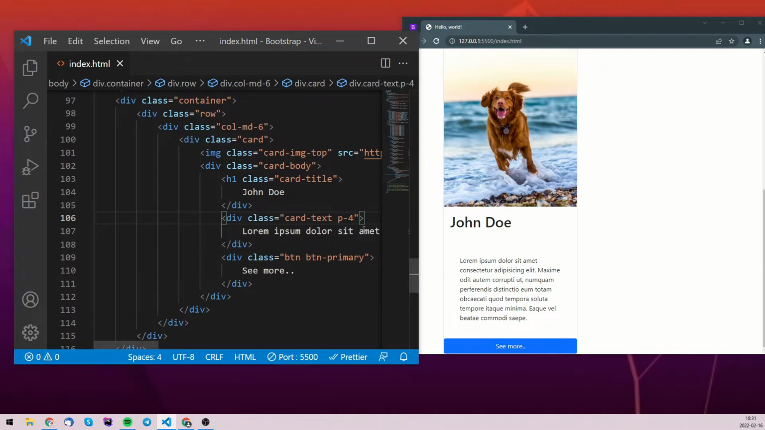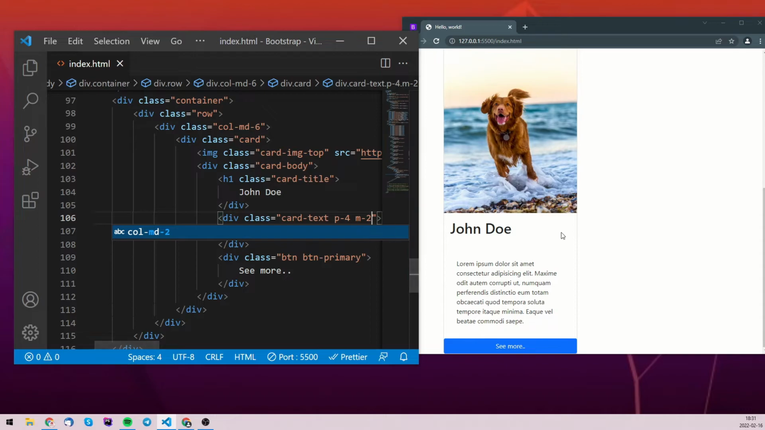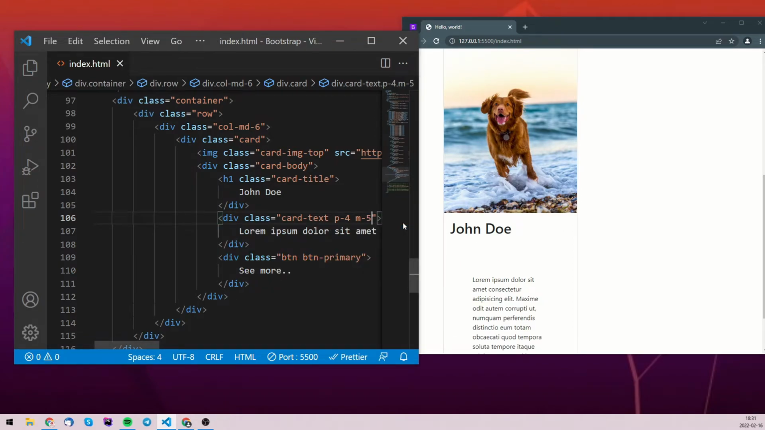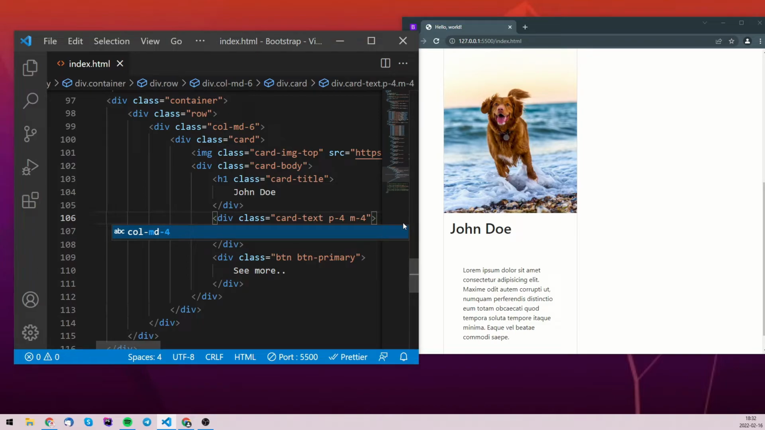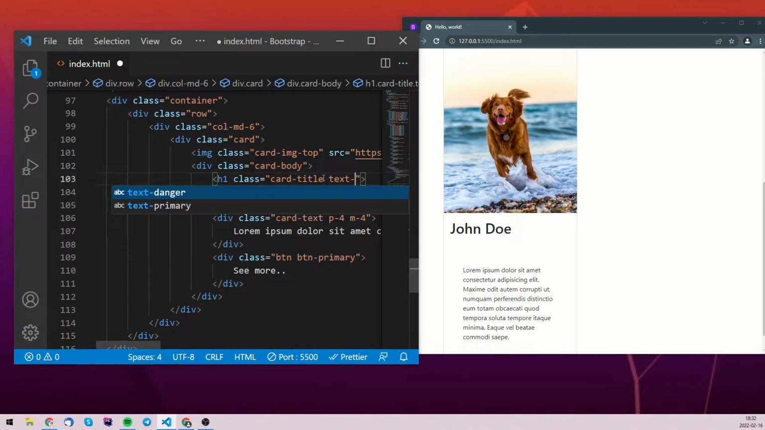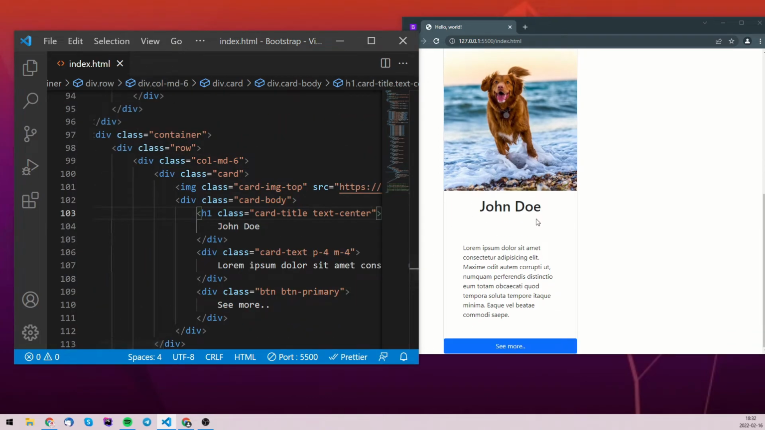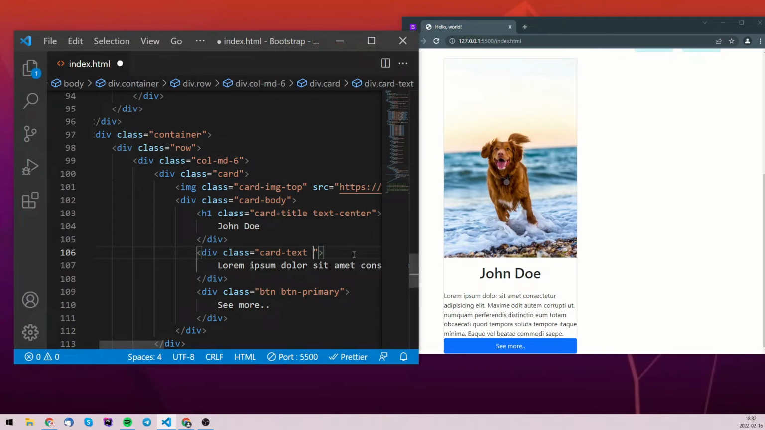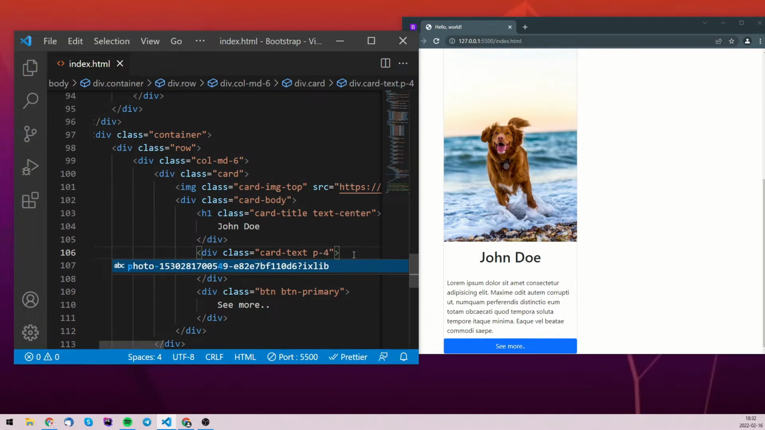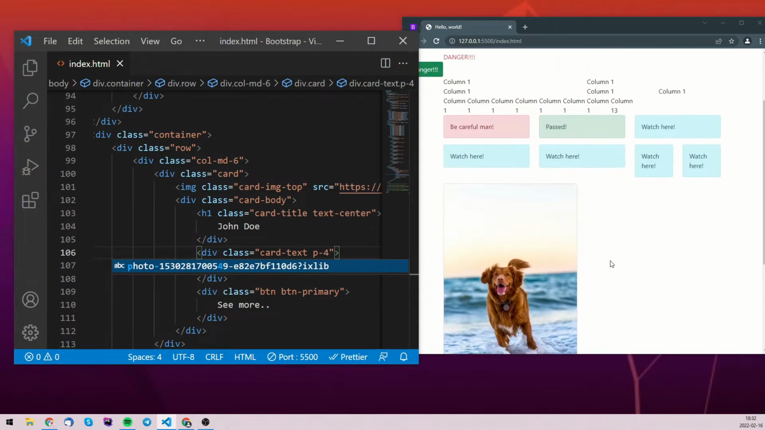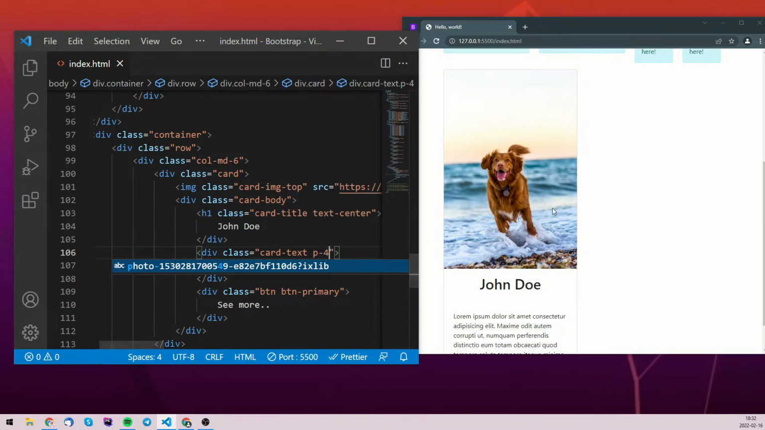And yeah, we can also add some margin 2, margin 5, margin 4. We can align it center by writing text center. So you see, you have all these classes, and once you learn them, it's gonna go very, very fast. Now if I remove this, they're gonna be better aligned. So I'm just gonna add padding 4. I think it looks better. Yes, so that's it. We have a card,